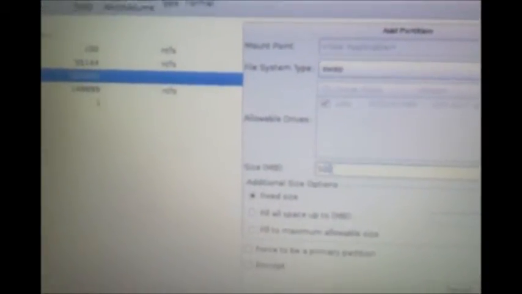Now we are going to create the standard partition. It will ask you for the mount point, but we are going to make swap here. Swap first. Select swap in the file system type, and you can set your own size according to your use. We are setting it here to 800 MB. Click OK. It will create a swap of 800 MB. It will show you 99 GB free space.